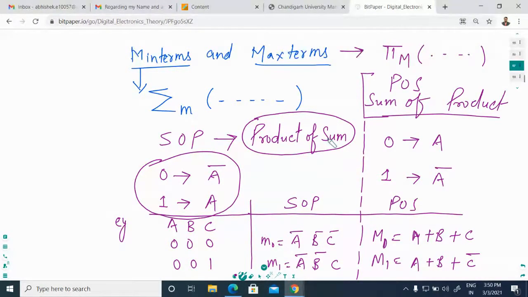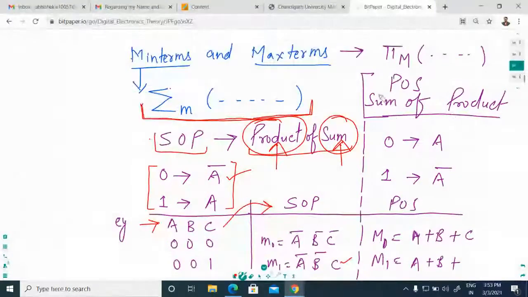When you want to represent 1, it should not contain any bar above the literal. So this is SOP, the min term, which can be represented by small m. Small m0 is equal to A bar into B bar into C bar.